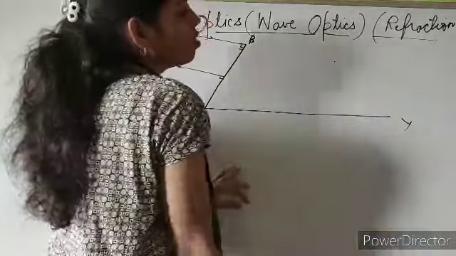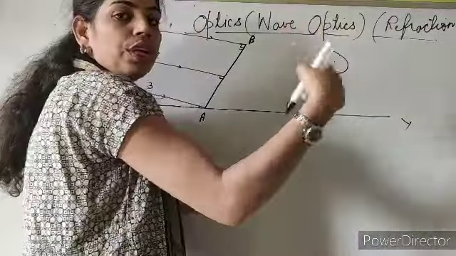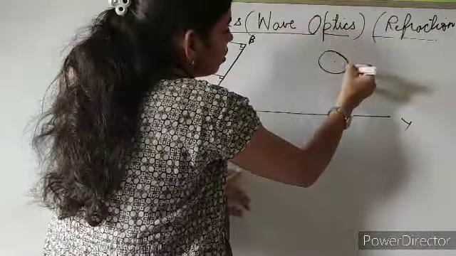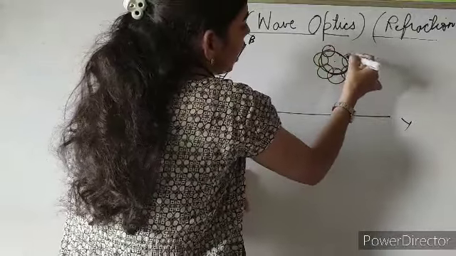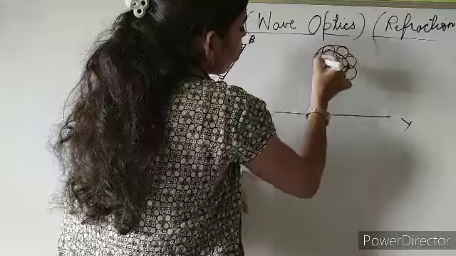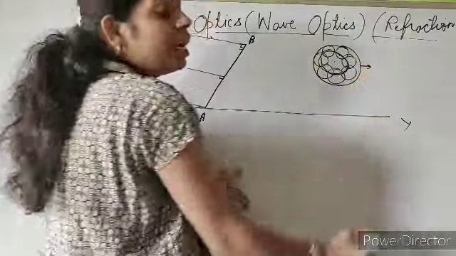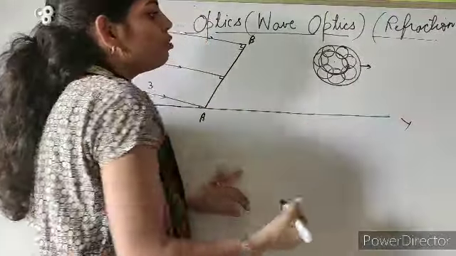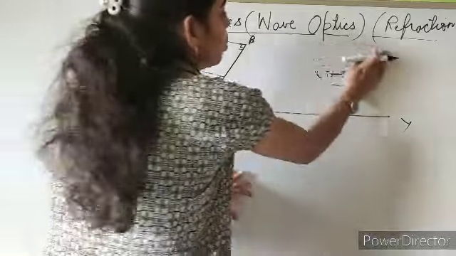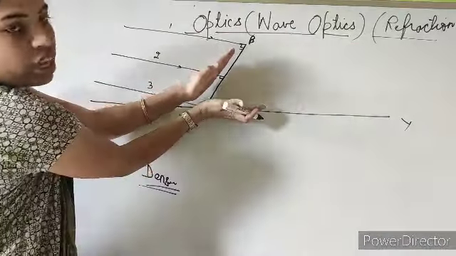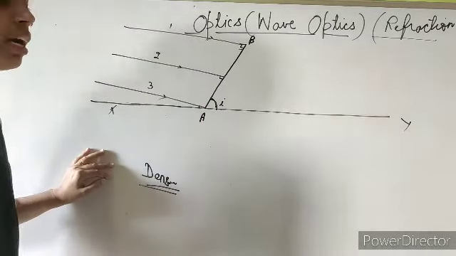You know, suppose this is a source of disturbance. From here the wavefront would travel like this. This is the primary wavefront. On this, secondary wavelets would travel, and if I draw a common tangent to these secondary wavelets, it would become a secondary wavefront. So this secondary wavefront is in itself a surface. So the angle between these two surfaces is known as the angle of incidence. This much we have studied in the last lecture.